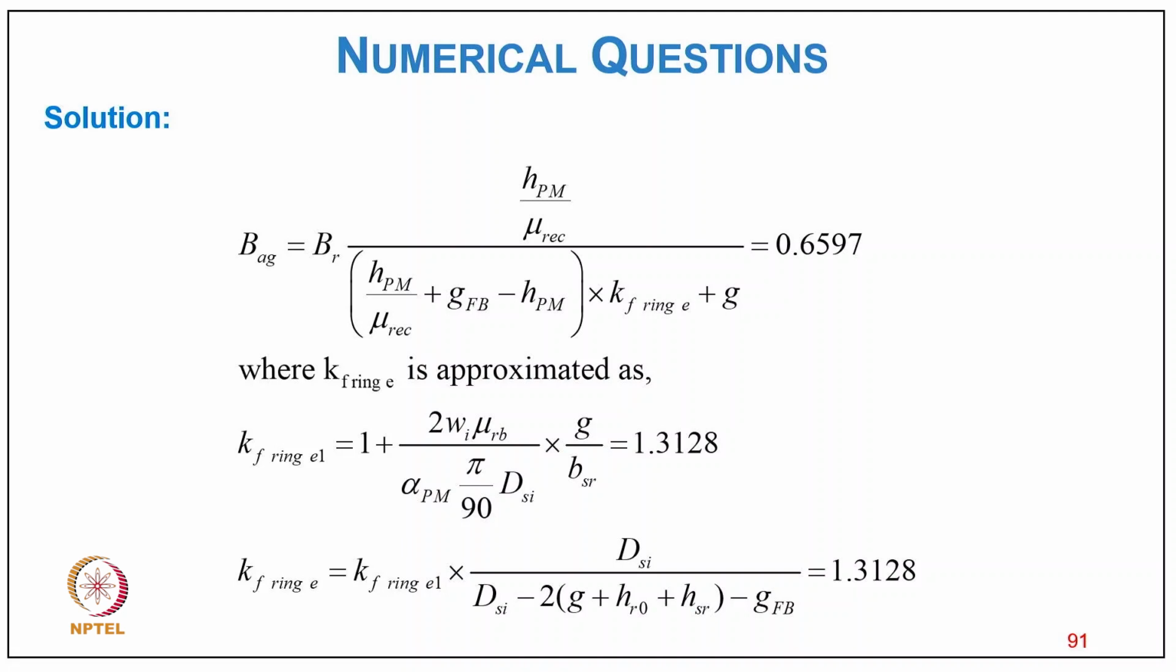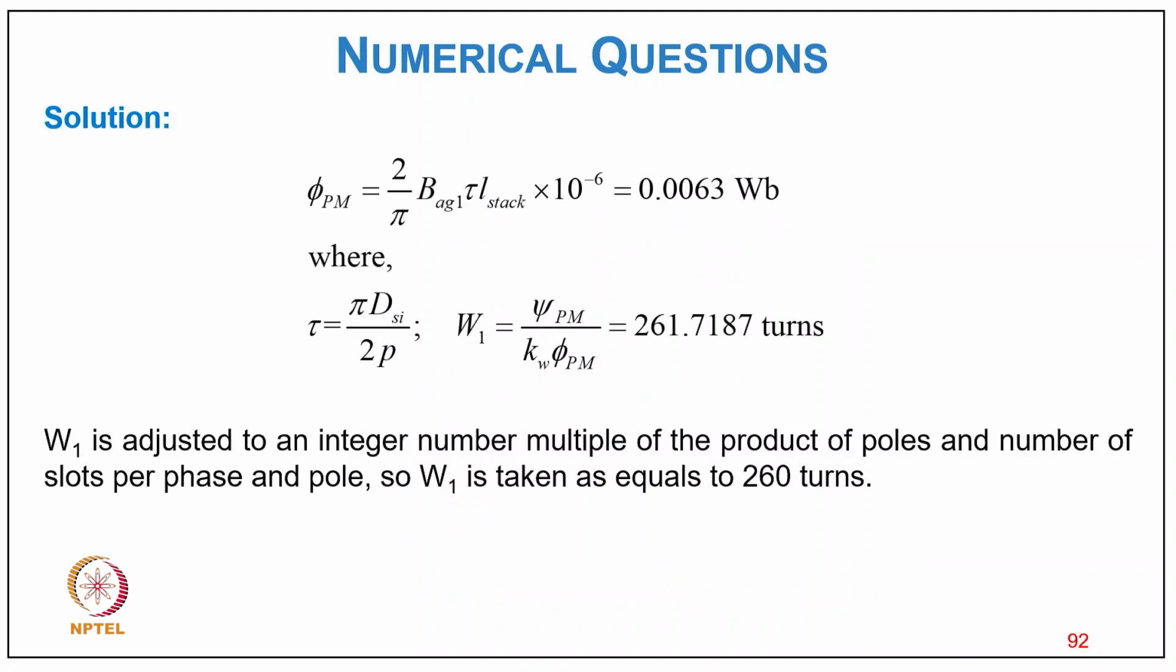Now BG equal to BR upon the fraction of mu recoil divided by HPM, over G plus GFB minus HPM into K ring plus G, that comes to 0.6597, where K ring is approximated as K ring equal to 1 plus 2 WI mu RB divided by lambda PM pi upon 90 DSI into G upon BSR, that comes to 1.3128, and Kf ring E1 equal to DSI upon DSI minus 2 bracket G plus 2 HRO plus HR minus GFB equal to 1.3128,